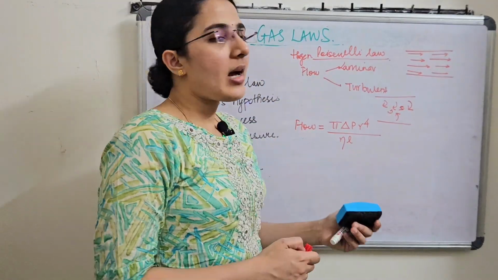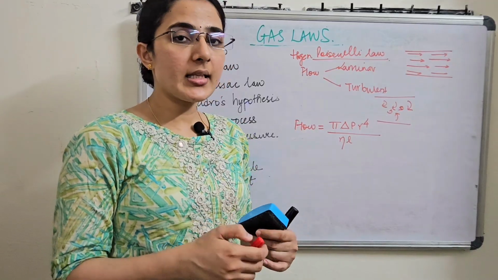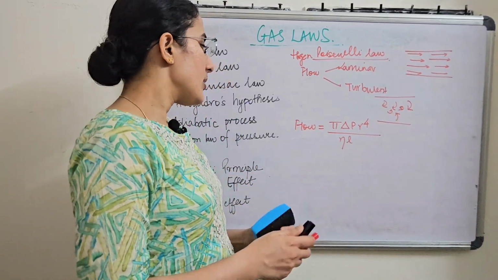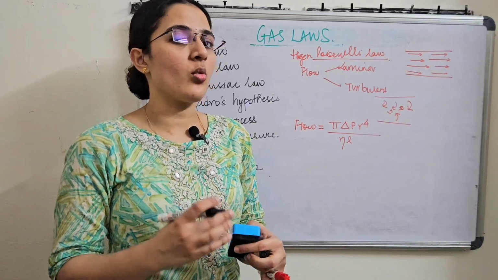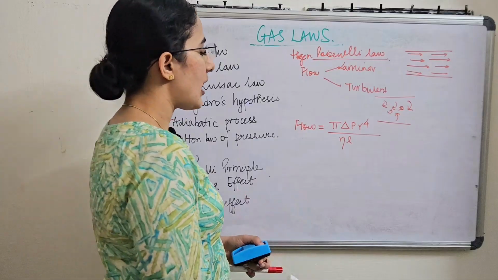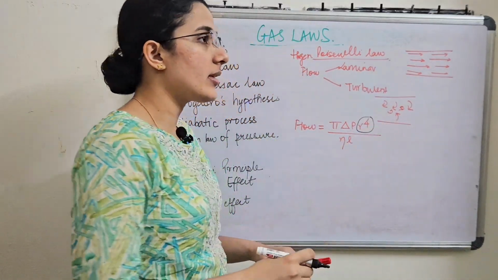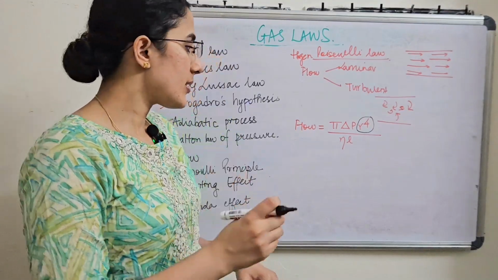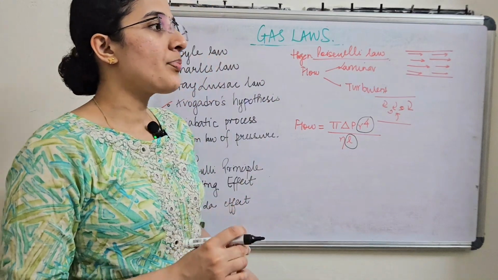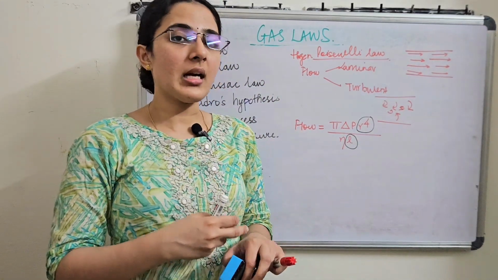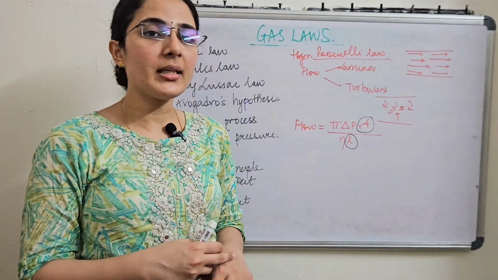So how does it have a medical application? Whenever we have to resuscitate the patient very fast, we have to have some channel which will have a high flow. So how will the channel have a high flow? Number one, it will have a higher radius, that is a wider gauge. And second, the length will be shorter. So that is why a wider gauge peripheral IV line will be better for fluid resuscitation compared to a central